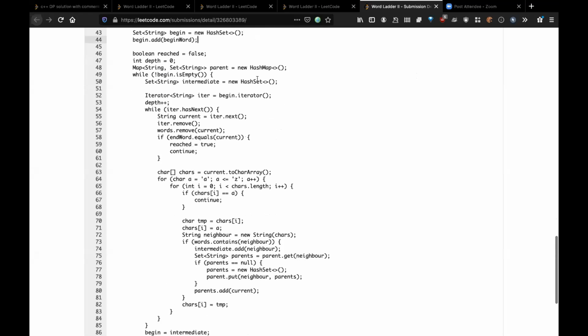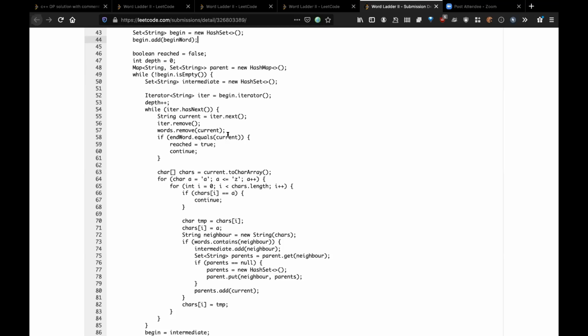Yeah, so it is a similar BFS itself, but with a set. So I'm having another set to store that next level. Okay. Yeah, and this is the depth I have increased, and I'm iterating over the queue. So that iter remove, word remove. Similar to what Ronnie has said, we remove that word. I mean, if it is already visited, kind of thing.